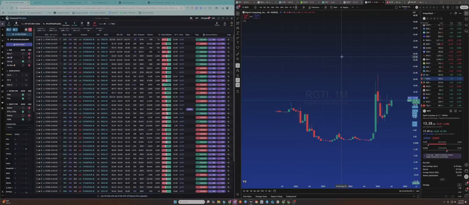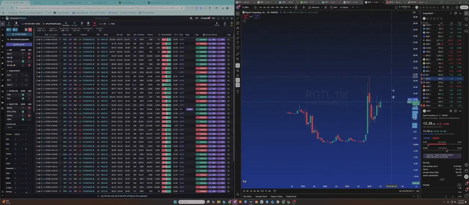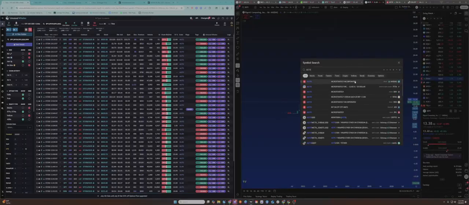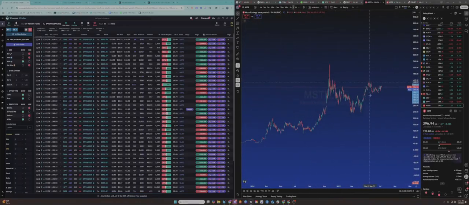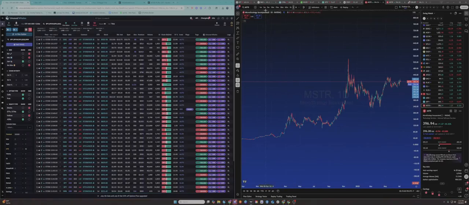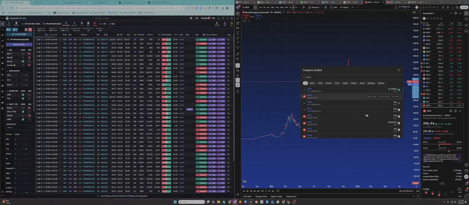And we can also see these things coming down to a smaller time frame. So we'll compare, this is one that I always bring up all the time. So we'll go to MSTR here. MSTR, we'll go to the daily, and then we can overlay another one here. We'll go to Mara.